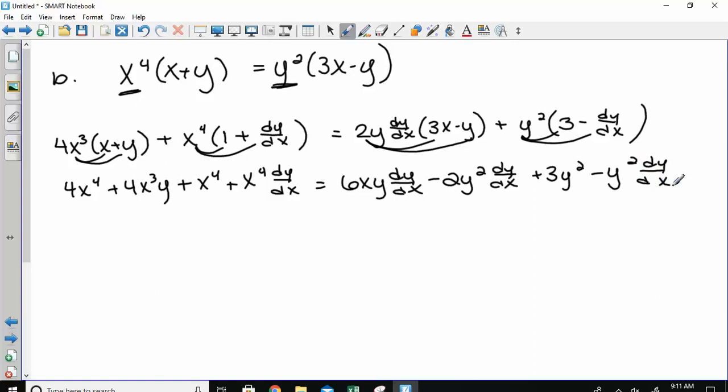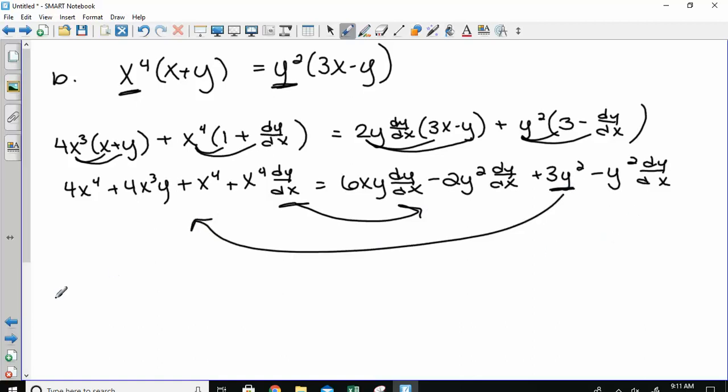What do we do with this mess? No, do not box it in. Okay, everything with the dy dx on one side and everything without it on the other. I will just move this one over to that side, and then this 3y squared would have to come over here. So you get 4x to the fourth plus 4x cubed y. I can combine some like terms, can't I? 4x to the fourth and 1x to the fourth would be 5x to the fourth. And then if I subtract over my 3y squared